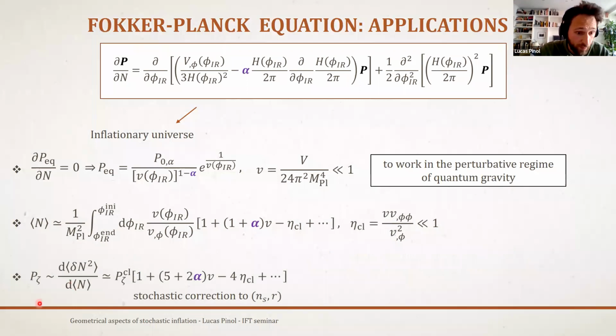You can also do the same for your power spectrum, and you find some corrections. This is the classical result from cosmological perturbation theory, plus some other terms. This will also give corrections to the famous n_s-r plot. Therefore, different models, if you take into account the stochastic effects, will be slightly shifted in the space of the n_s-r plot. This is a perturbative treatment, in the sense of small stochastic effects, but nothing forbids you from doing this in the large stochastic regime, when these parameters are large. Then you have to rely on a numerical result, but you can still do it.